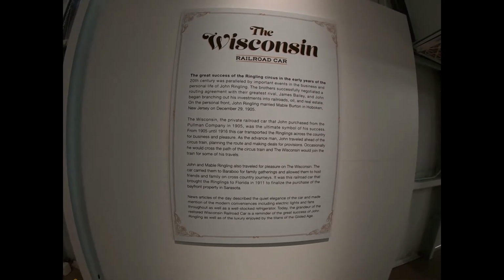John and Mabel Ringling also traveled for pleasure on the Wisconsin. The car carried them to Baraboo for family gatherings and allowed them to host friends and family on cross-country journeys. It was this rail car that brought the Ringlings to Florida in 1911 to finalize the purchase of the Bayfront